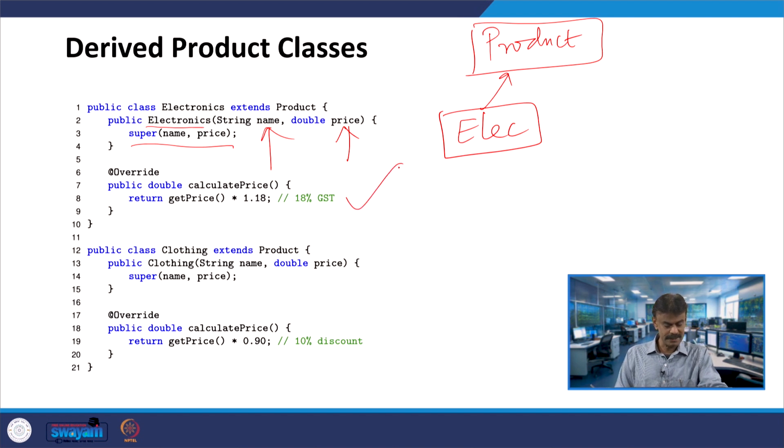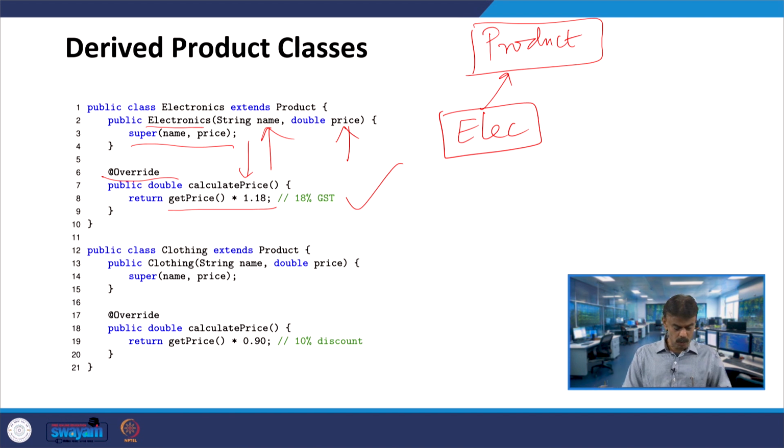In the super class product, the method calculate price will be overridden, and here the calculate price is being defined whose return type is double. So, this will return get price into 1.18, that is 18% GST, 1.18.